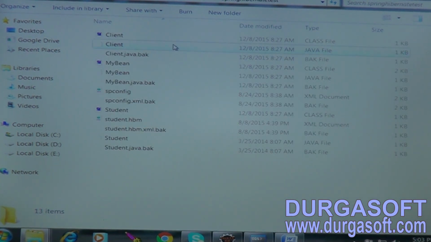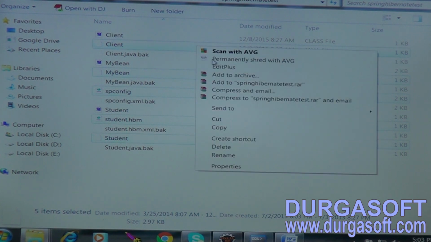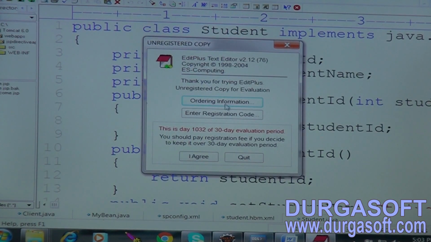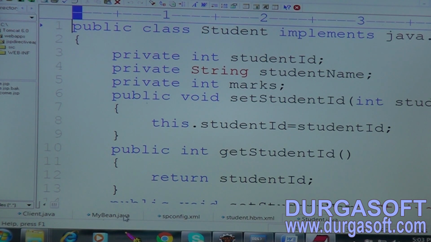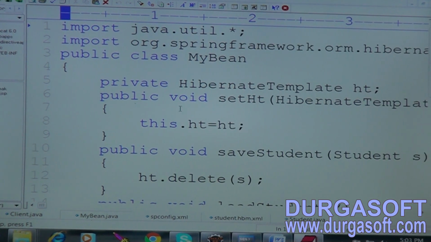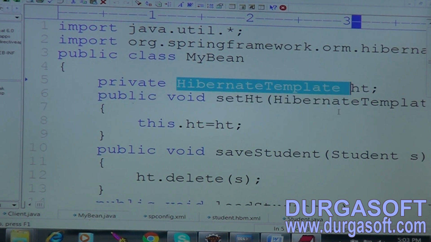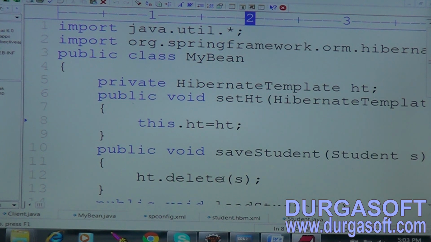This is my example. This is my bean. Here Hibernate template, and next generate the setter method.